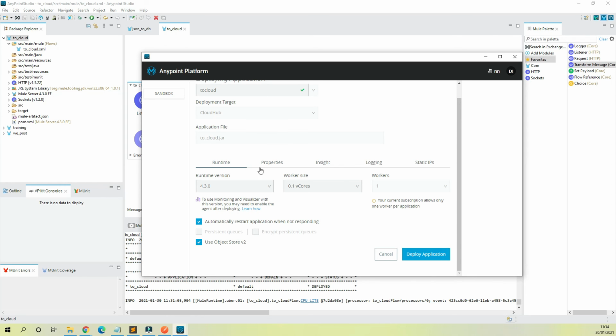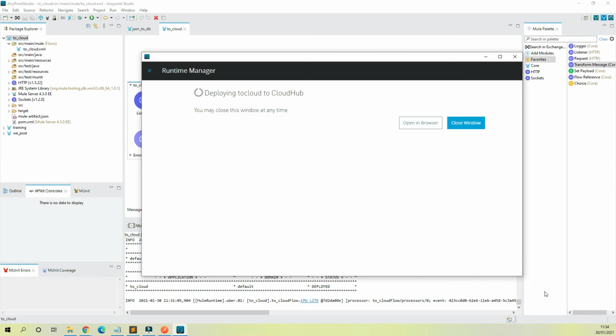You can see, when it comes to this page, everything is pretty good. You can actually close the window. That means it has sent the file to AnyPoint Cloud. You can actually close this, and you can go and monitor from the browser. You can also click this to go to the browser, but